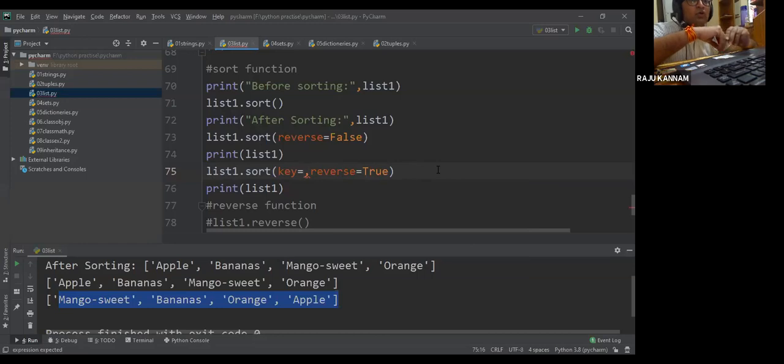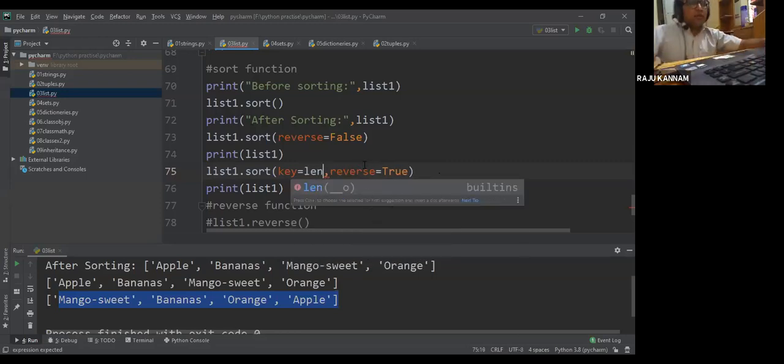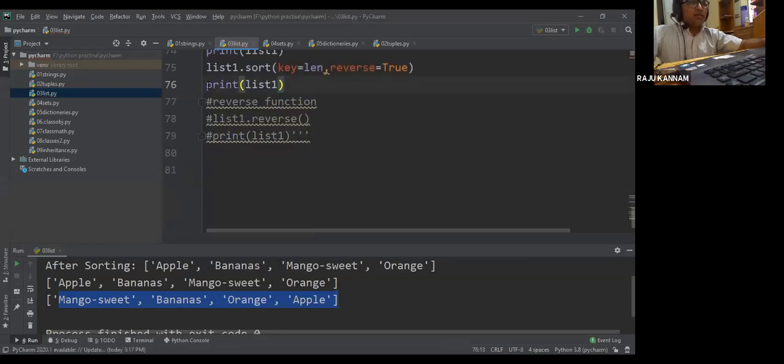So you have to declare one user defined function upper. There you will write code to separate upper characters and lower characters. Then you can pass that method as a key value here in the sorting method. So you try that, and if you get any problem, I'll give the program. Because why I'm using length means already len is the predefined function of Python, right?